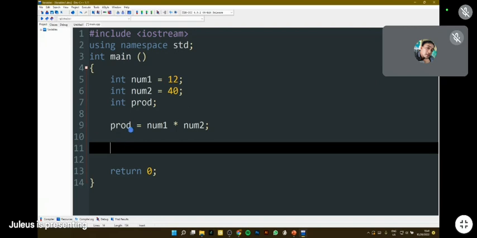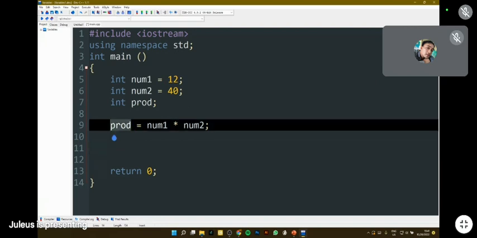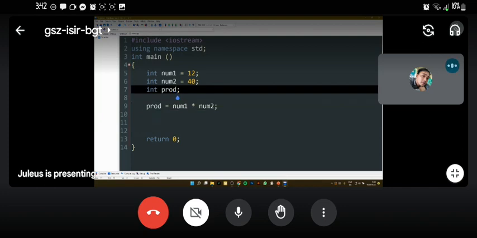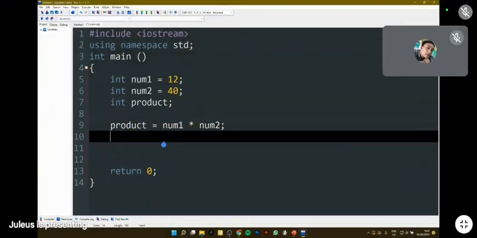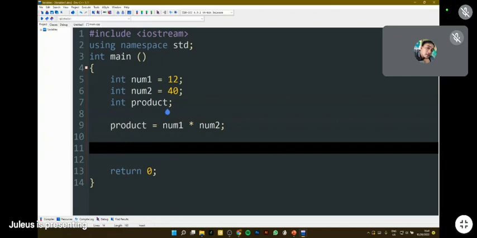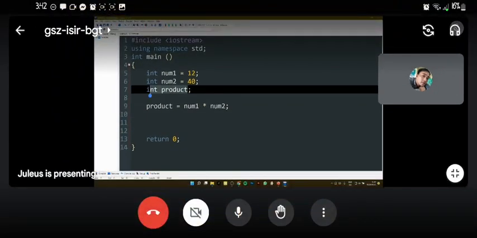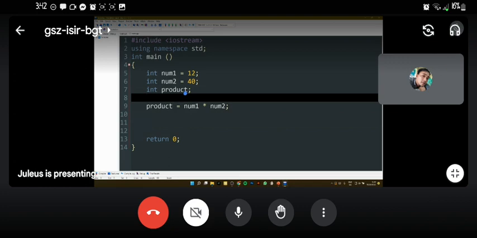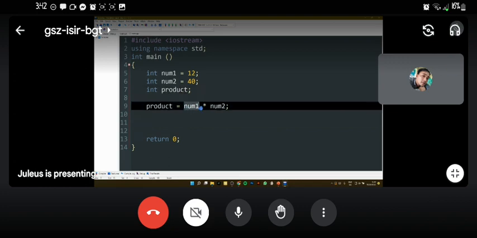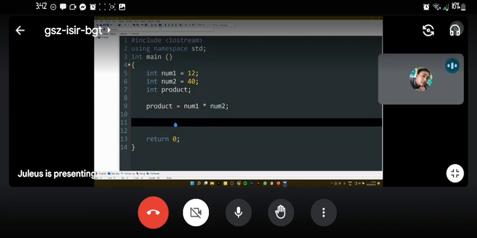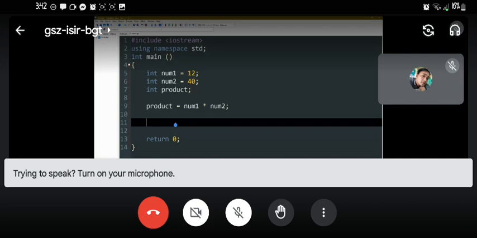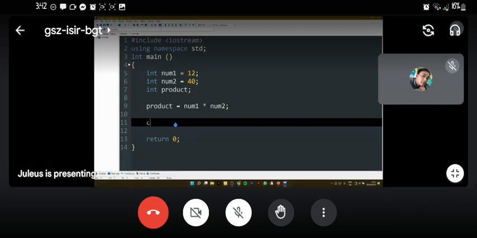And then, does our product have a value? Yes, sir. What do you think the value for our product is? The value of num1 multiplied by num2. So let's check. Since our product has a value, we can do whatever we want. Since the only function that we know so far is output, we will use output, and then let's say product,